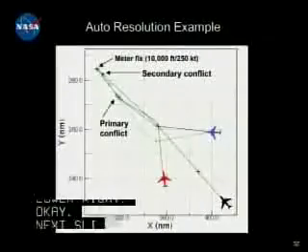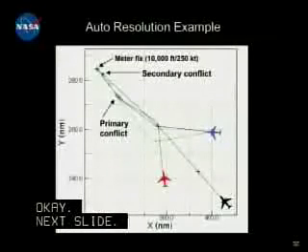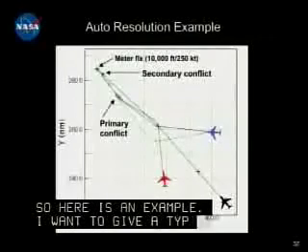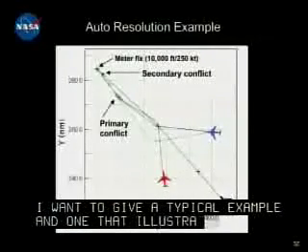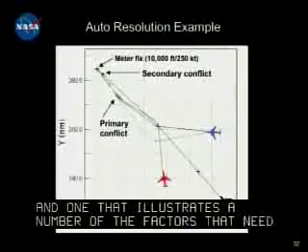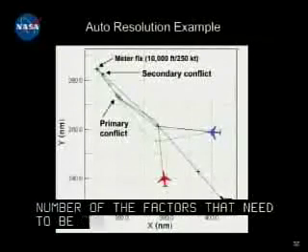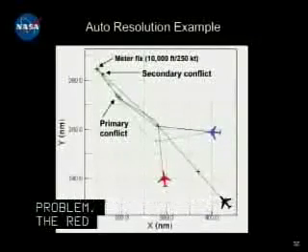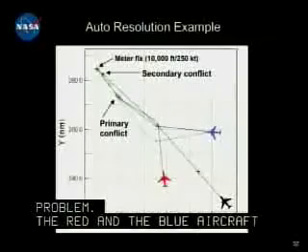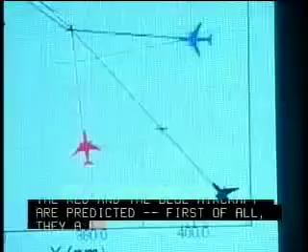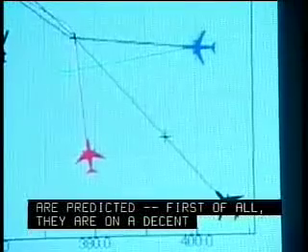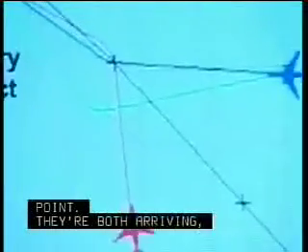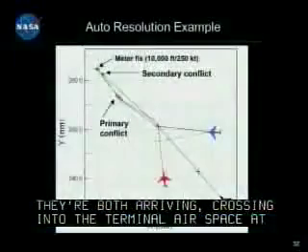Okay, so here's an example. I just want to give a typical example, one that illustrates a number of the factors that need to be considered in the automatic conflict resolution problem. The red and the blue aircraft are on a descent profile towards their meter fixed crossing point. They're both crossing into the terminal airspace at the same meter fix where there's a restriction of